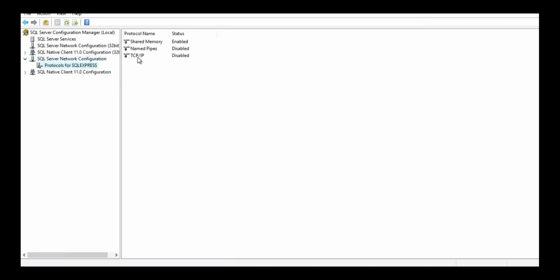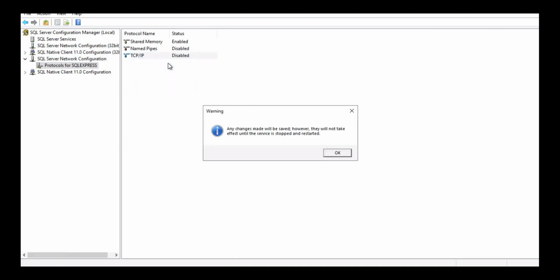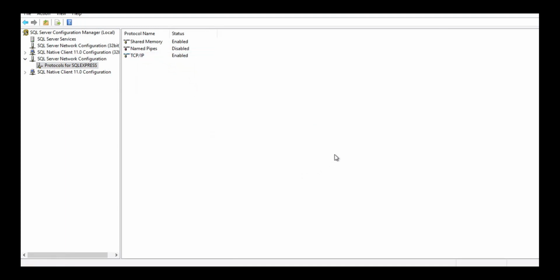So here is the TCP/IP protocol you will find, and you will have to enable that protocol first. By right clicking on it, you will find the option for enable, then click on enable. It is asking to restart the SQL Express service. Once the TCP/IP protocol is enabled, then